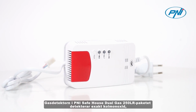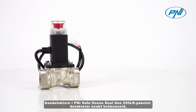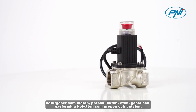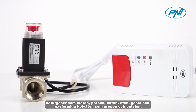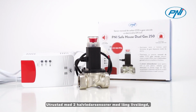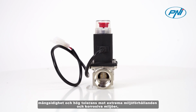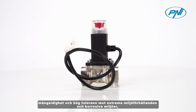The gas detector in the PNI Safe House Dual Gas 250 LR package accurately detects carbon monoxide, natural gases such as methane, propane, butane, ethane, LPG and gaseous hydrocarbons such as propylene and butylene. Equipped with two semiconductor sensors with long life, versatility and high tolerance to extreme environmental conditions and corrosive environments, which